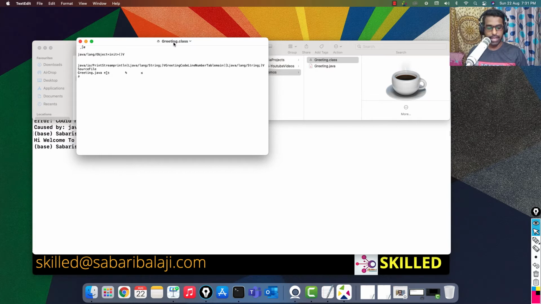So you can see that a dot class extension is already there, and we can only see the junk code out here, right? All of this is junk code. The file name is greeting.class. We have the originality of this dot class right now. But what I've planned is to go ahead and modify this file. So let's say I'm trying to remove this percentage symbol.